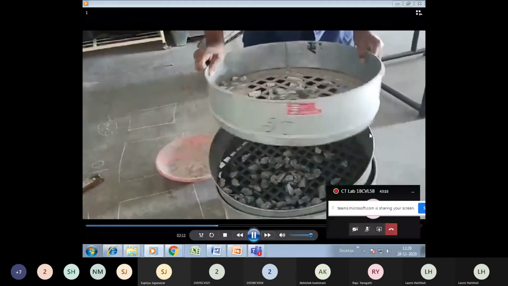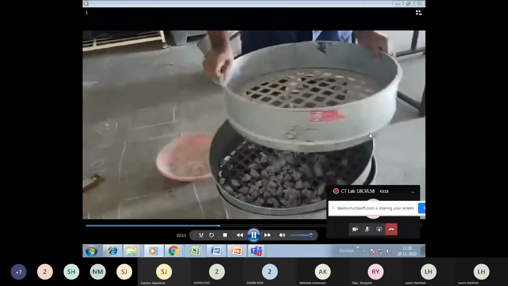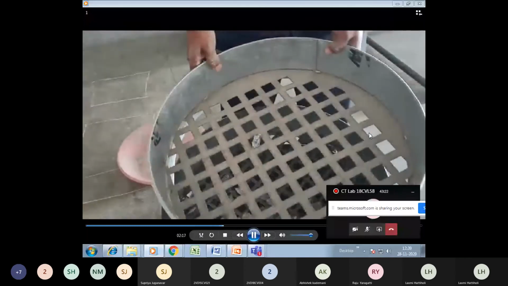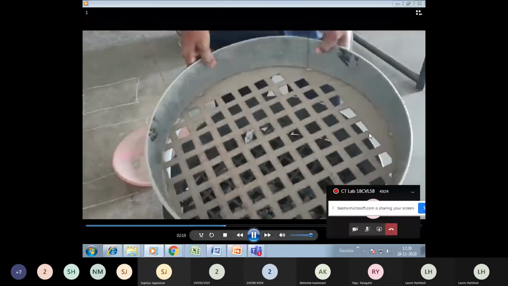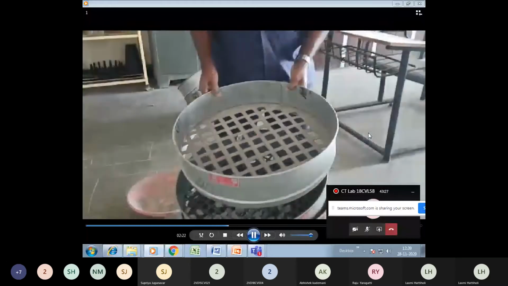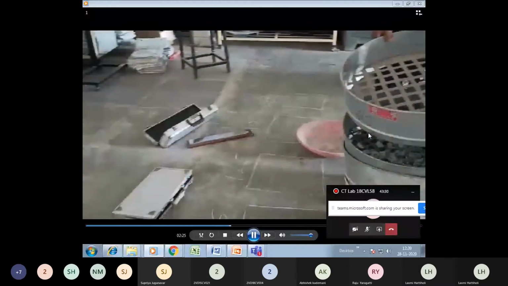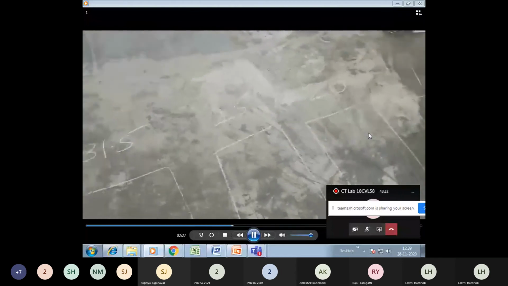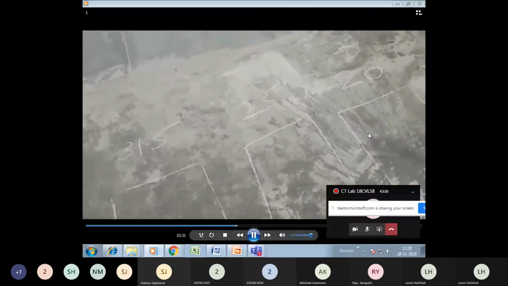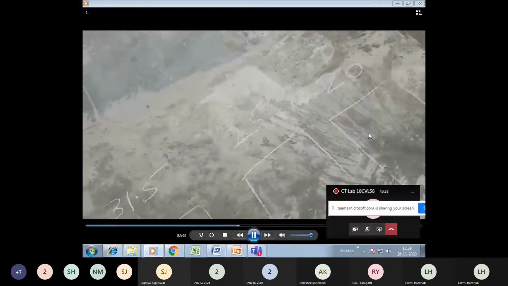Sieve it for 2 minutes. Just check whether a few aggregates are retained or not. If one aggregate is stuck here, that means it is not passing, so that aggregate has been retained. That aggregate should be kept on the respective block.